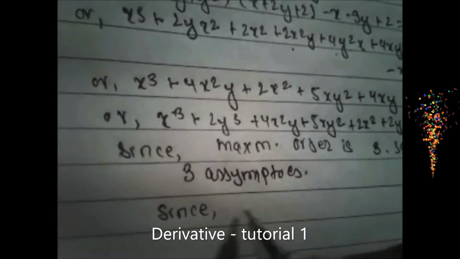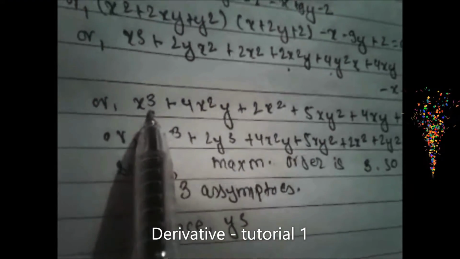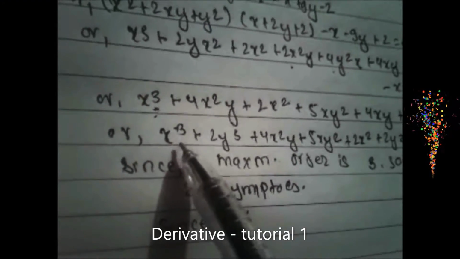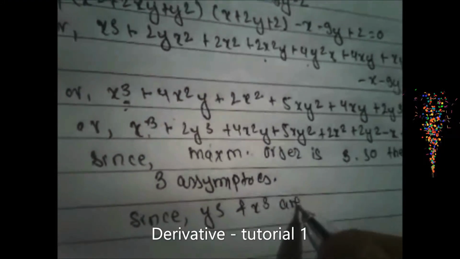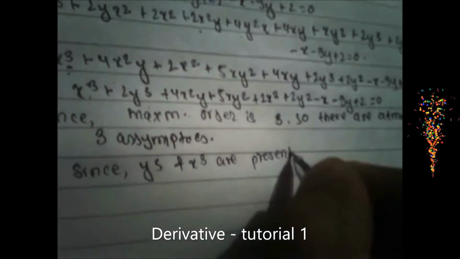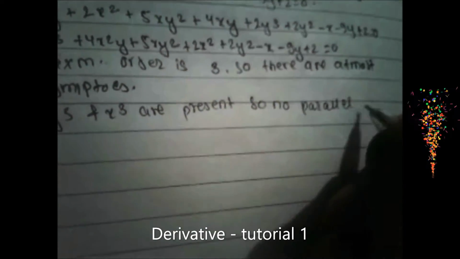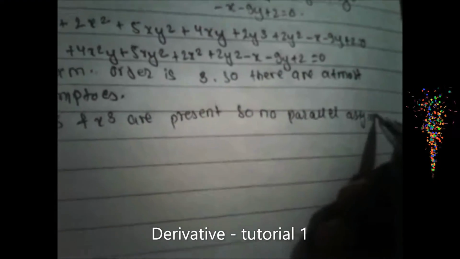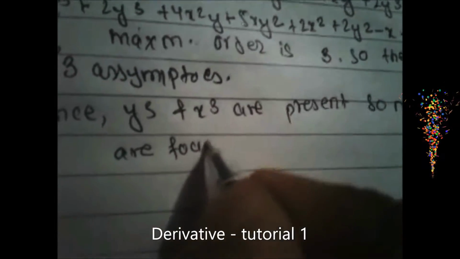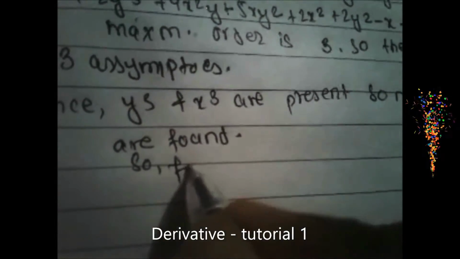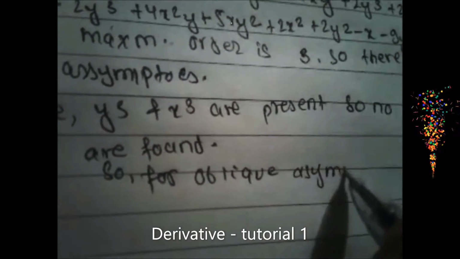Since y cube is present, here we can see x cube is present and y cube is also present. So y cube and x cube are present, so no parallel asymptotes are found. So for oblique asymptote, oblique asymptote,